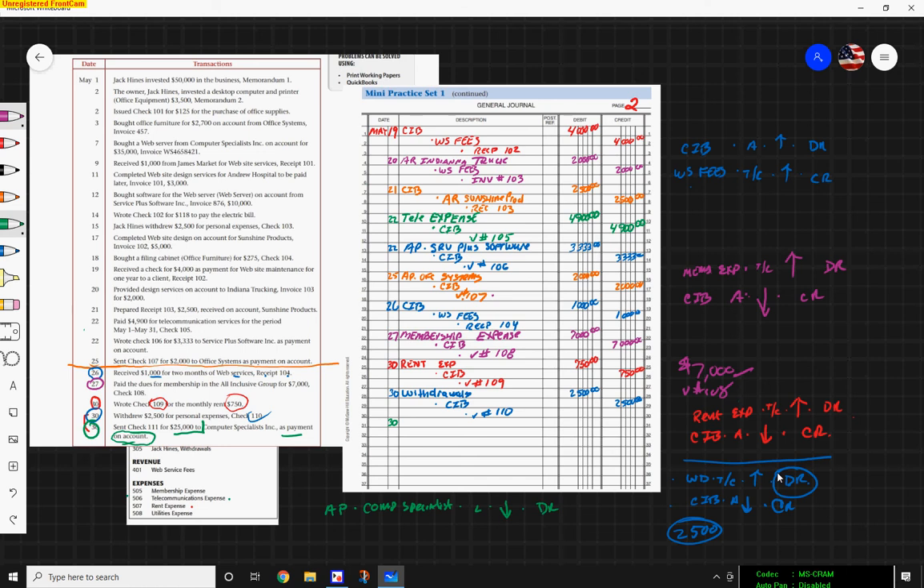Well, we wrote the money, so we know cash in bank. Cash in bank is an asset. It's decreasing, and it decreases by credit. So let's do the debit first. Accounts payable, computer specialist,